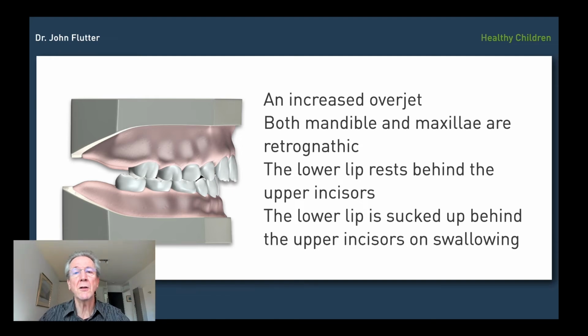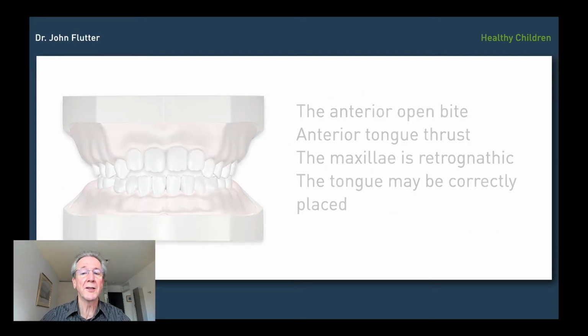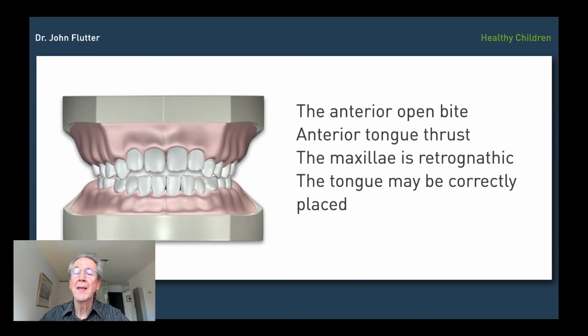Then in function on the swallow, the lower lip is sucked up behind the upper incisors, and the tongue comes forwards and meets them in that gap between the upper and lower incisors. But because the tongue is not in the roof of the mouth, the upper jaw has not developed to the shape of the tongue, nor has it developed into the normal forward position that we ideally like it to grow in. The anterior open bite is associated with the tongue thrust,